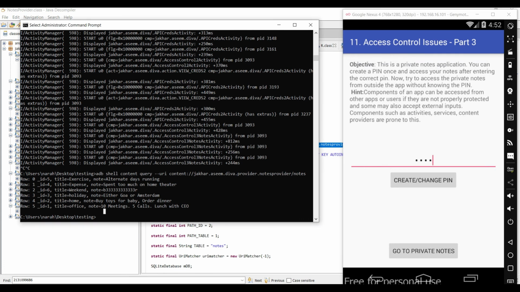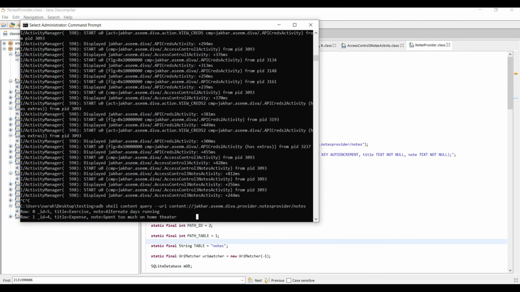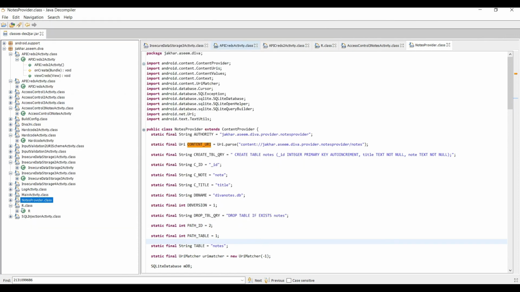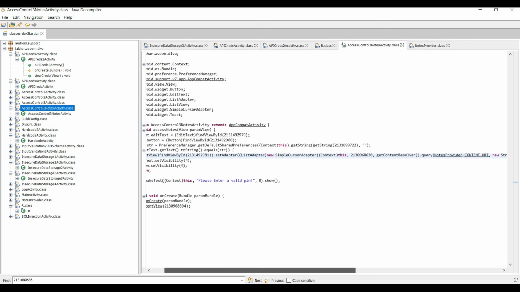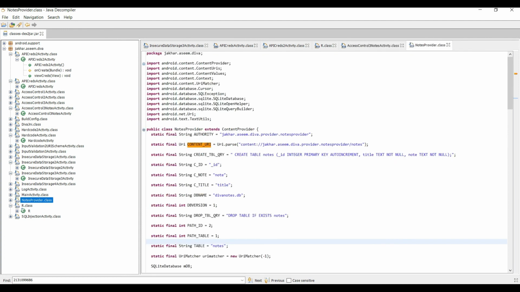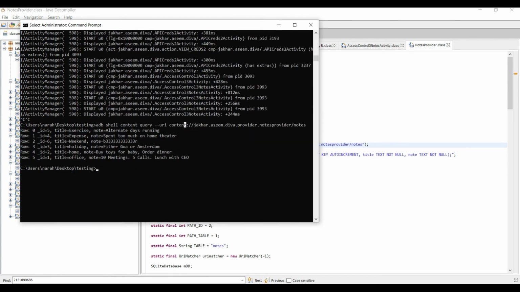So in this case, what we have done is first we created one pin. After that, using the logcat we observed that this is the activity that is running. So we entered this activity, access control 3 activity. Inside this you can observe they are using the notes provider, and they have one content URI. When you press that content URI, it displays the path. So you copy this inside the adb shell and give the query. Now it is displaying all the things. So that's all regarding this thing.